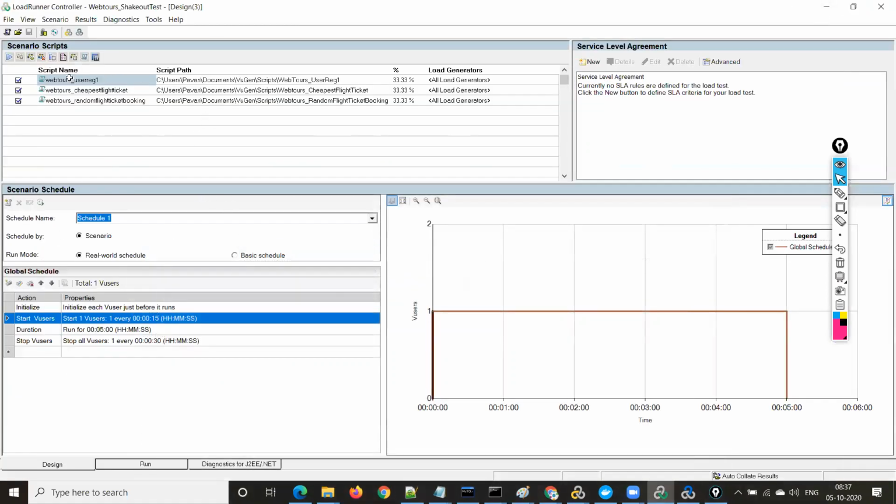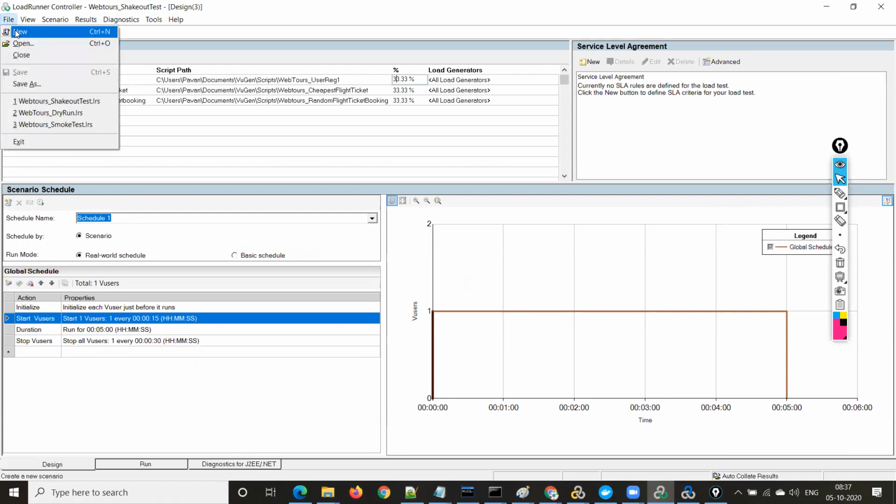And now, this is the script name. These are the script names, and this is the script path where the script is in your folder. This is the physical script path on your machine, right? And what is this percentage? Why did we get 33%? 100% is divided. As we added 3 scripts, we are seeing each script percentage as 33%, right?